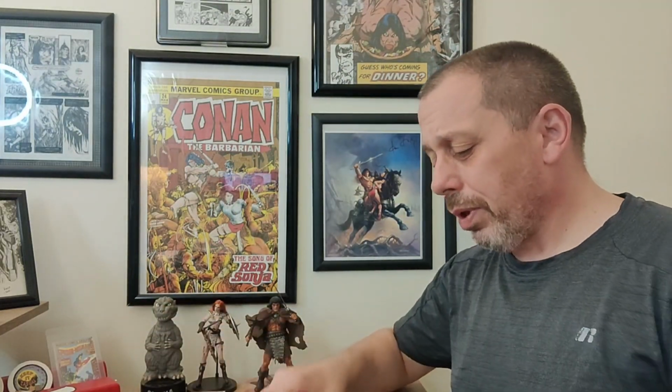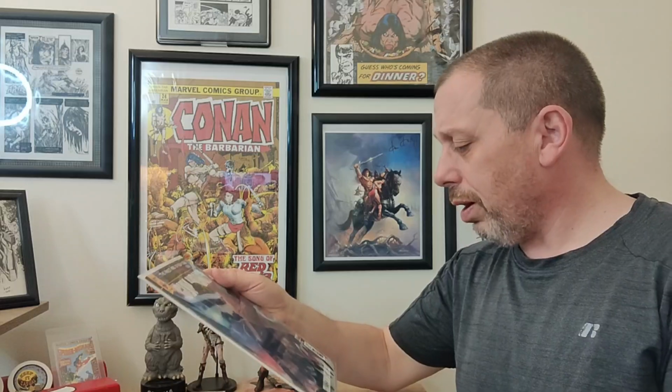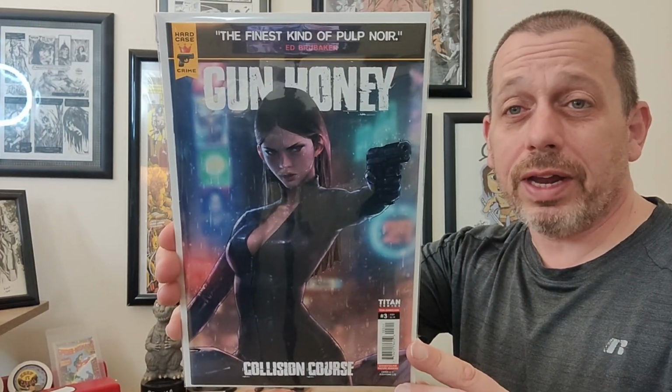All right, next up, we have Gun Honey, issue 3 of 4. So we have the Jae Hung Lee cover. This one's good. It's a little too digital for me. It's a good cover though. The art's great, just not so much for me. But this second cover is exactly my favorite type of style